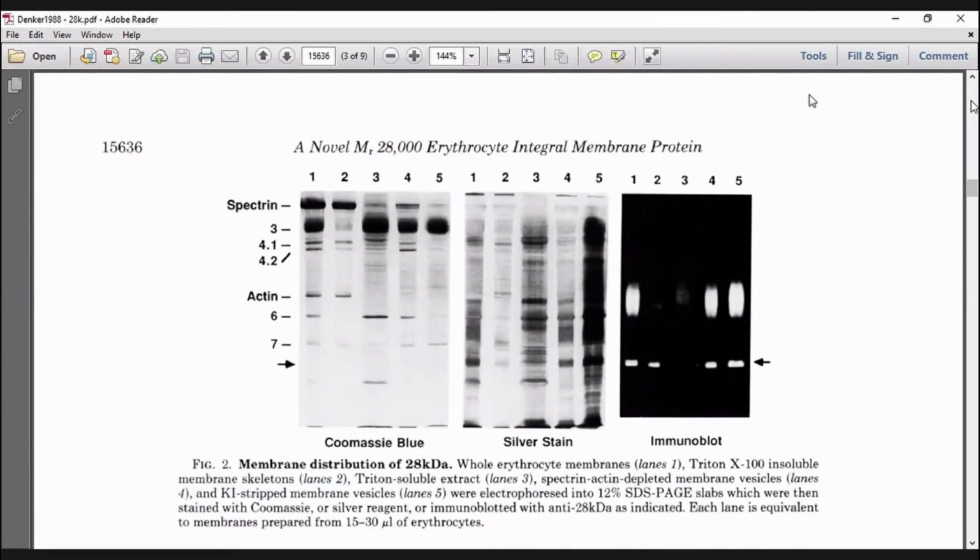Second, always have curiosity. Always want to know about something. If he was not curious, because 28,000 is something that he did not expect, right? But because he was curious, what is this thing, what is this 28,000, then he discovered the water channel. So always have this curiosity. This is something that differentiates ordinary people from extraordinary people.